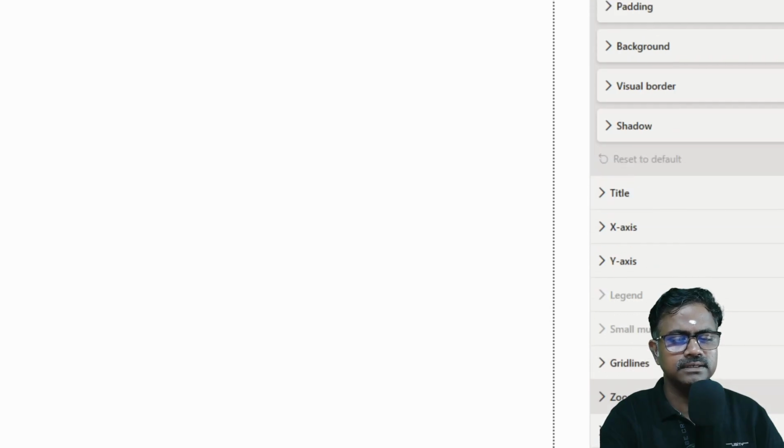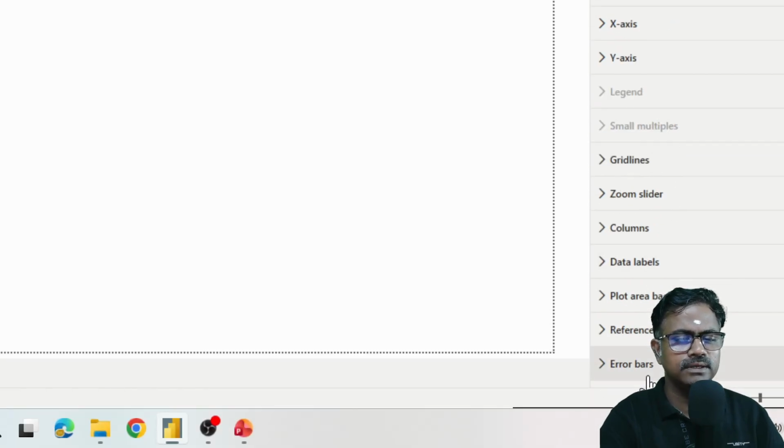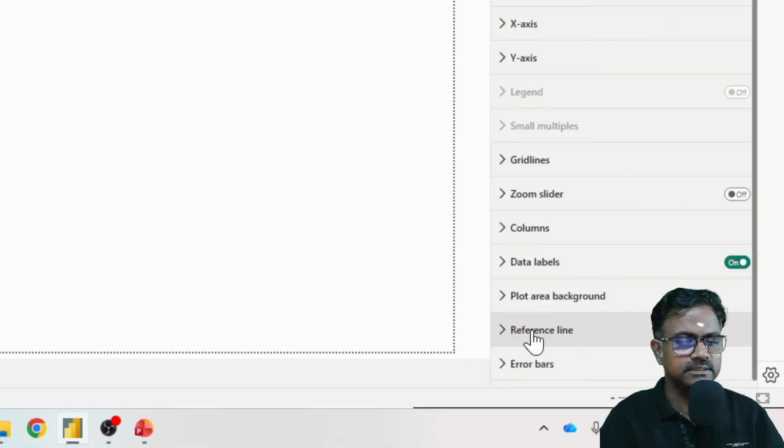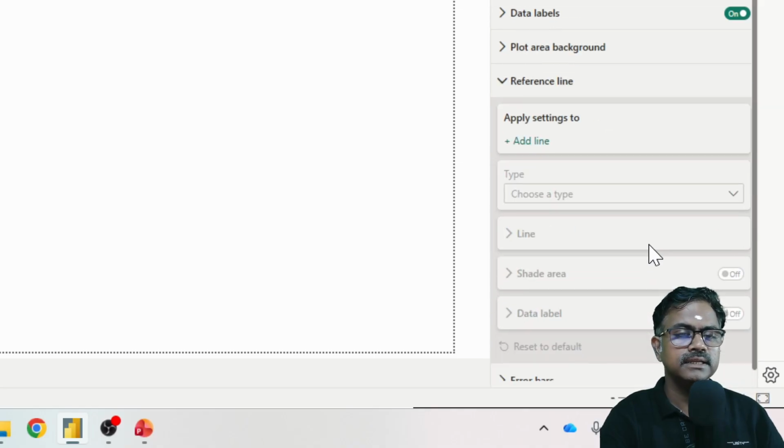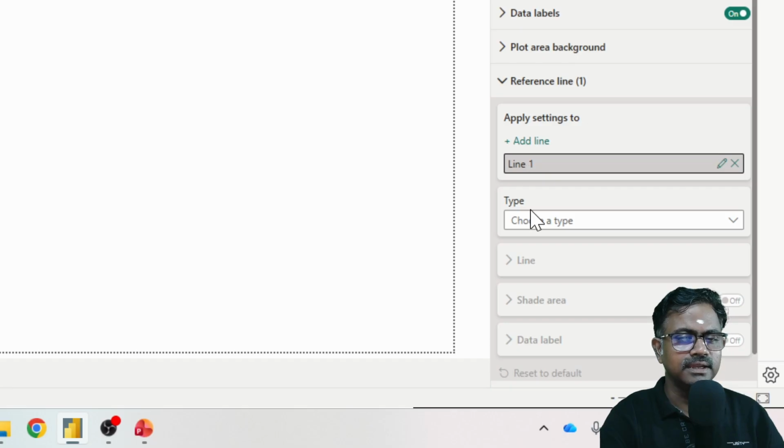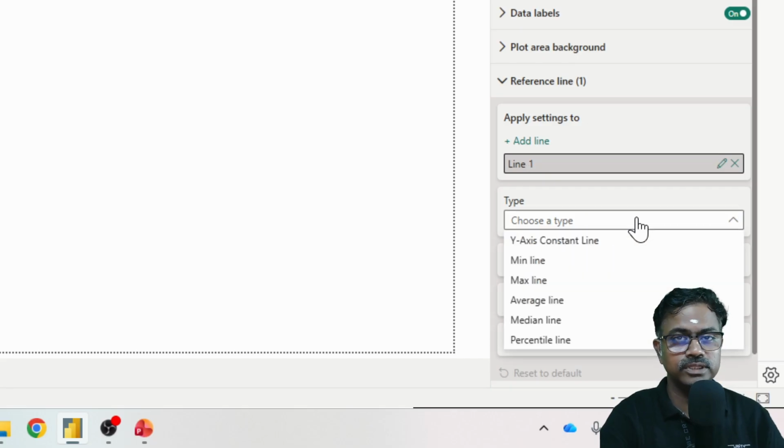If you see here, there is an area called Reference line. This reference line is the one you have to use when you want to create a baseline on your charts. I'm going to click and expand this, and here it will ask you to add a line. I'm going to click on Add line, and here you can see the type of line, whether you would love to have a line for the average, median, max or min. You can have multiple lines, or you can even create your own target lines by going to